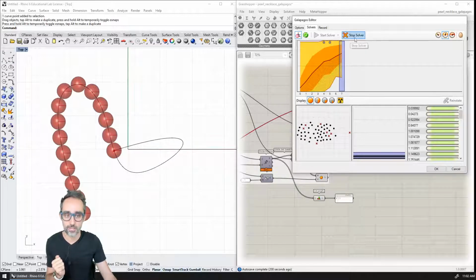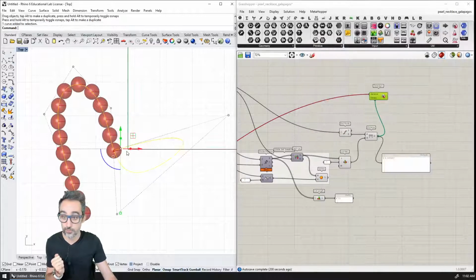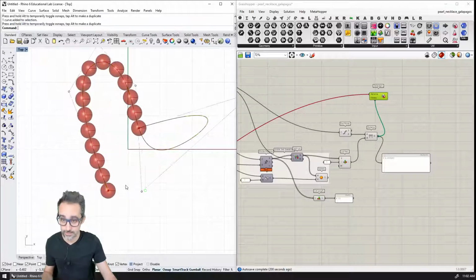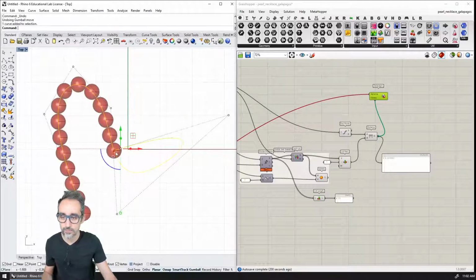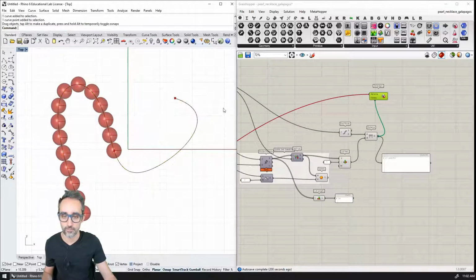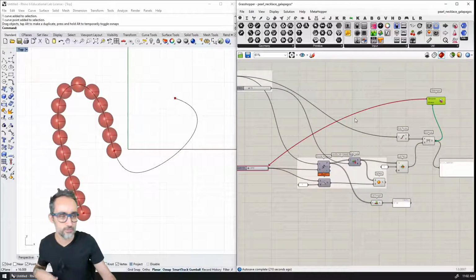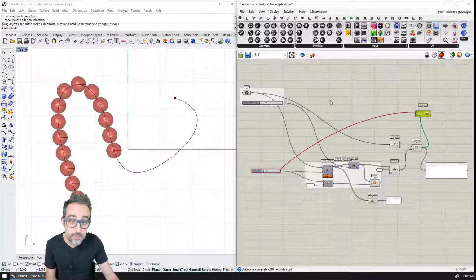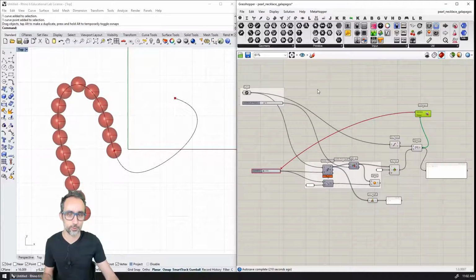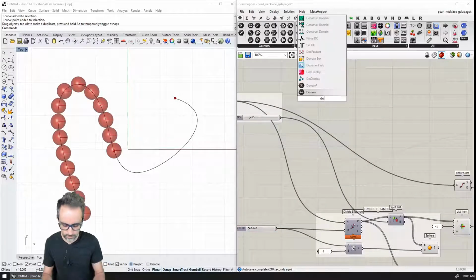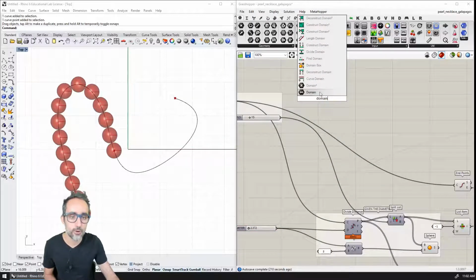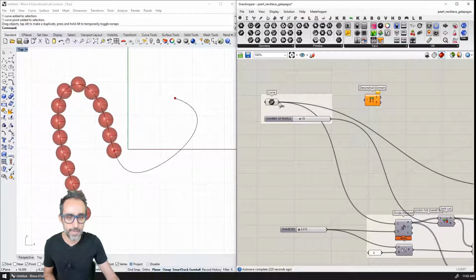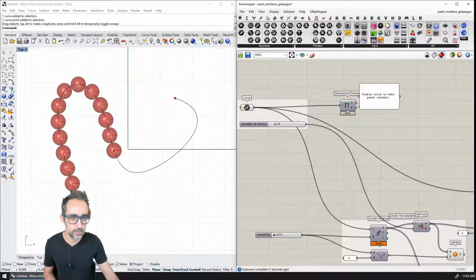So how can we change this? What I would propose is, instead of using Euclidean distance, to use the domain of the curve. What does that mean? If you've seen my other videos, you know that curves have this thing called the internal domain. So for example, I'm going to deconstruct the domain, and if I plug in this curve here, you can see that the curve starts at 0